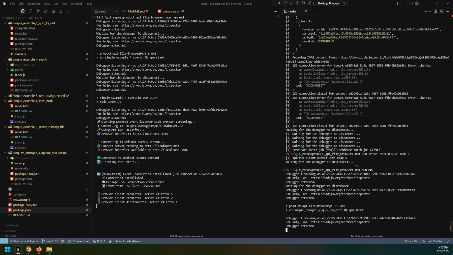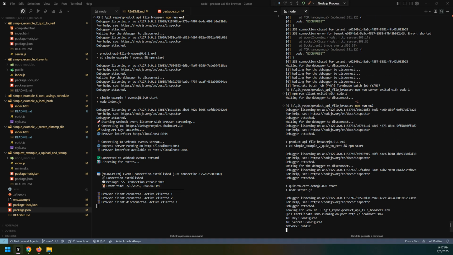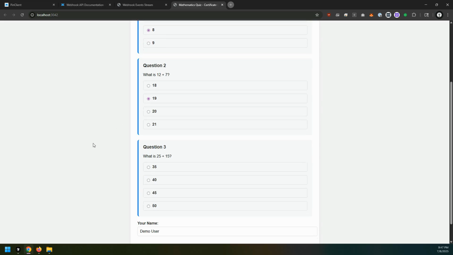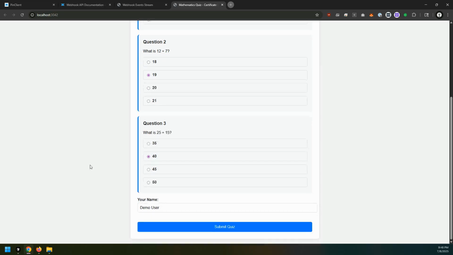And what this quiz is going to show us is the process of basically issuing a single certificate, stamping it right away, and also giving someone a link where they could claim it for their profile. So we can see that example 2 is loaded on port 3042. So I clicked on the link, it should have opened. We have a math quiz. So for this example, I'm going to fill in the correct answers, 8, 19, and 40. I'm going to put in my username, which is going to be, I don't know, July Demo 1. And if I click on Submit Quiz,